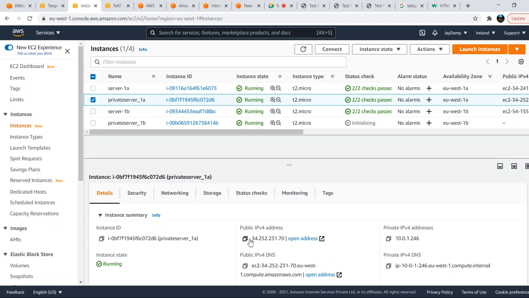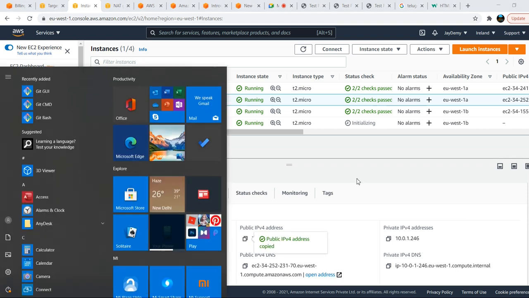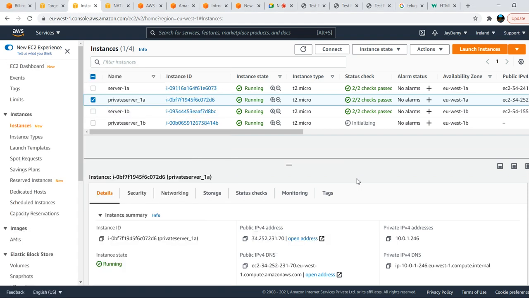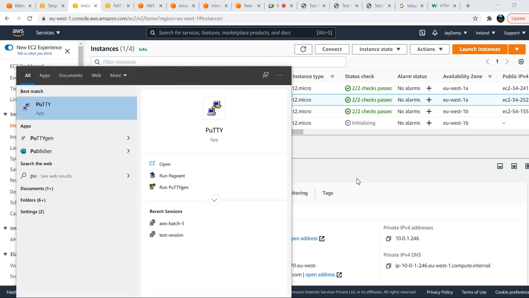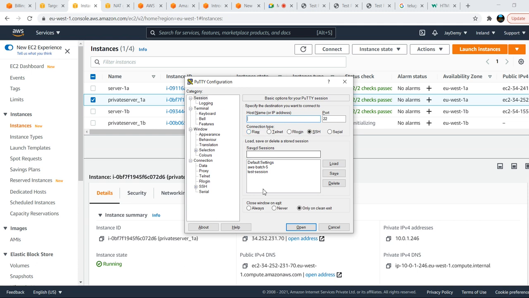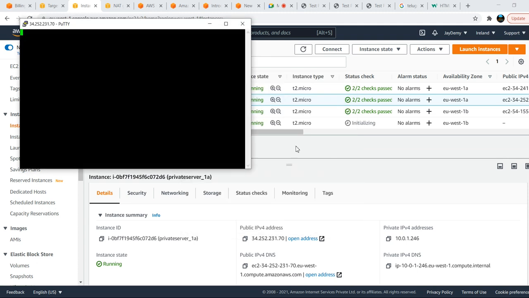I said that if you give the public IP there is no use. You can't connect to the public IP address directly. Let us first try to connect with the help of the public IP only. But we can't connect to that. Just use PuTTY, the same way I am logging in, and give the IP address of this one. It will give an error.